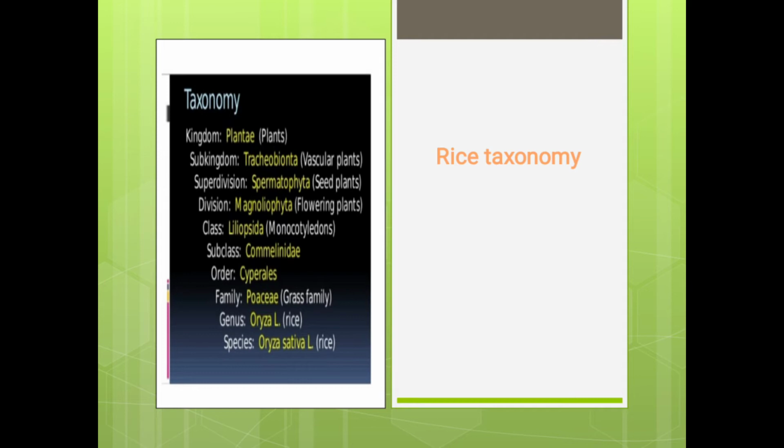So that is about our main topic, rice taxonomy. Please allow me to read the taxonomy of rice.